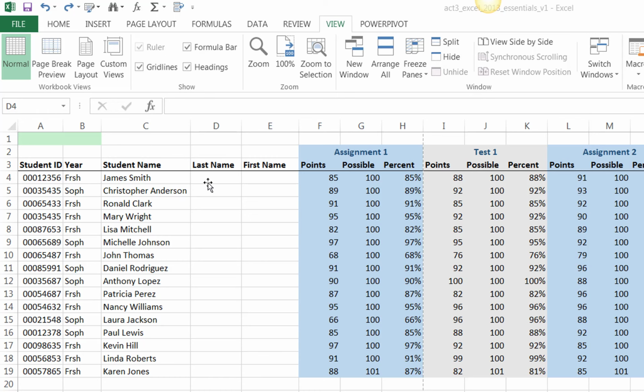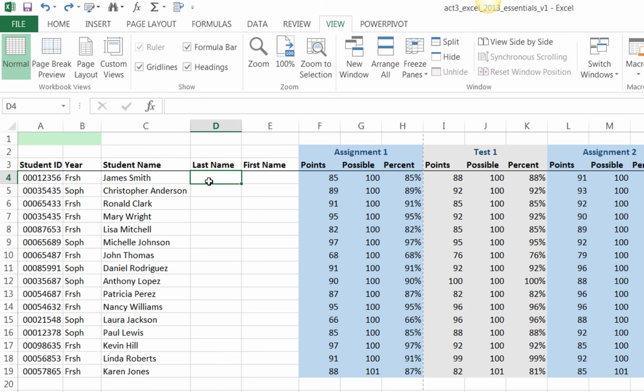consistency. In this example, I filled out the students' names with their first name, space, last name. Now I can use Flashfill to fill in the information containing just their last name and just their first name. It's important to note that you can only use Flashfill with a column that is adjacent to the ones you